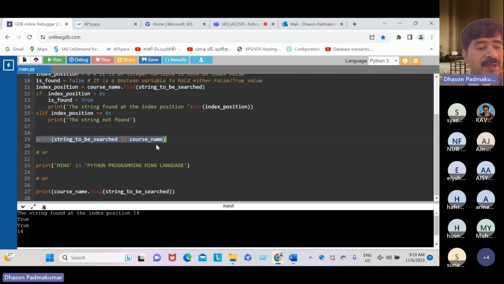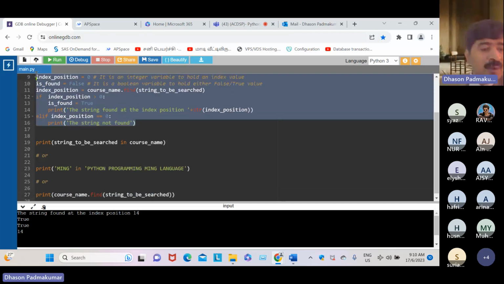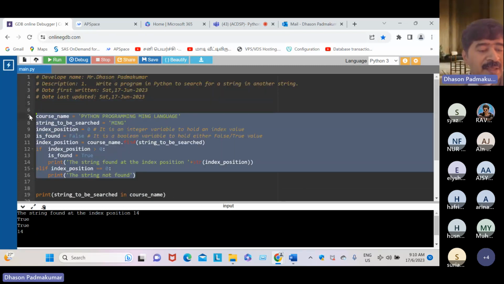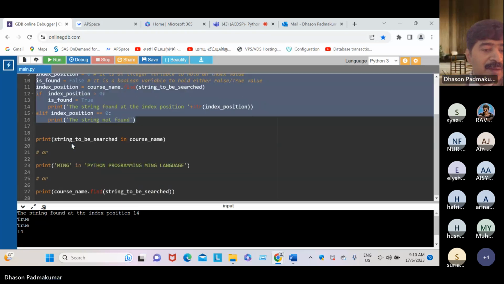This single line also meets our requirement. It is also correct. The single line of code is meeting our requirement, and this last line, a single line, is doing well. The whole few lines of code also meet our requirements. Our answer is all programs are correct.